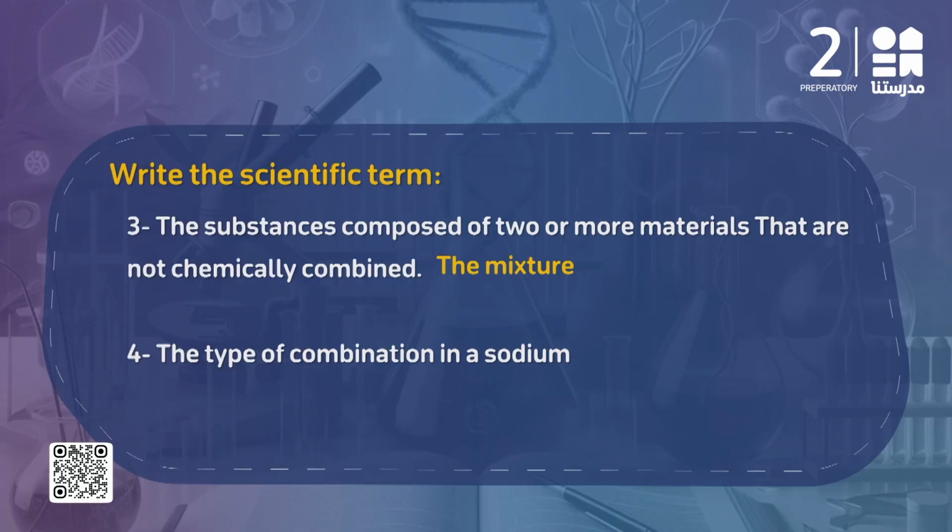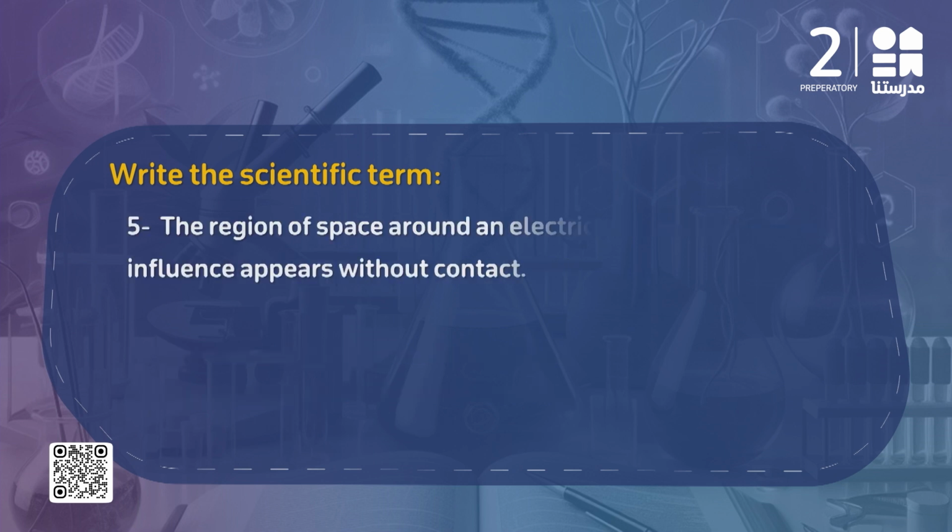mixture. لكن لو كان قال لي chemically combined أو chemically bonded على طول هتروح على البارت بتاع الكومباوندز. The type of combination in a sodium chloride molecule زي ما اتفقنا إنه this is an ionic bonding. Question number 5, you're asked about the scientific term that describes the region of space around the electric charge